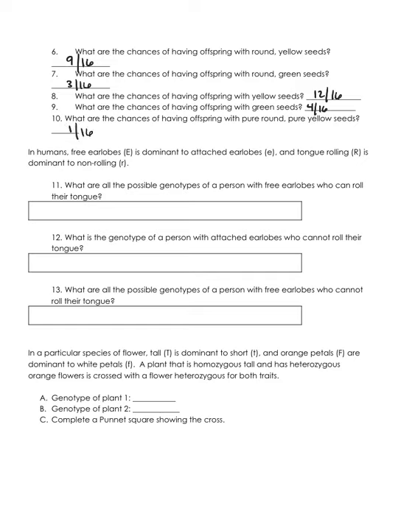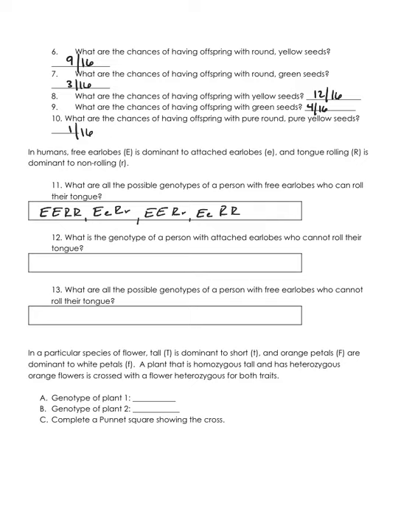The next section is about traits you see in humans. In humans, free earlobes is dominant to attached earlobes, and tongue rolling is dominant to non-tongue rolling. What are the possible genotypes of a person with free earlobes who can roll their tongue? So you want to find people who have at least one copy of the dominant allele for both traits. You should have found the following combinations. You could have someone who's homozygous for both, someone who's heterozygous for both traits, or someone who is homozygous for one trait and heterozygous for the other,